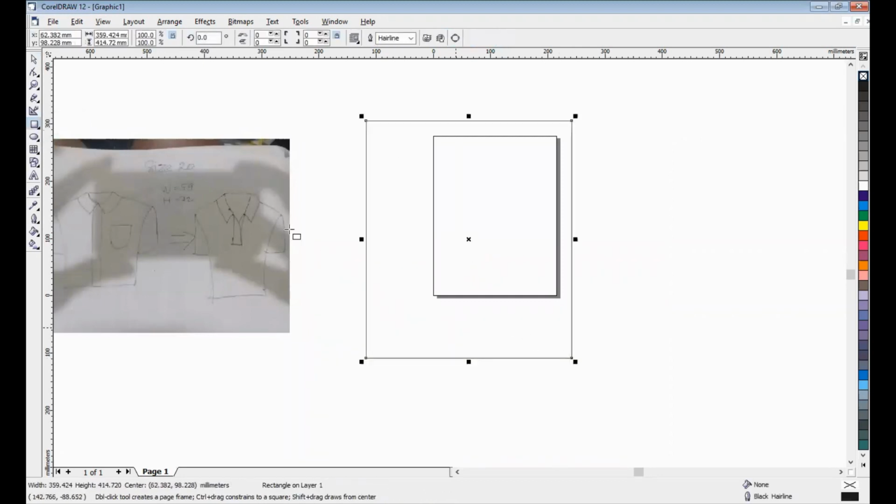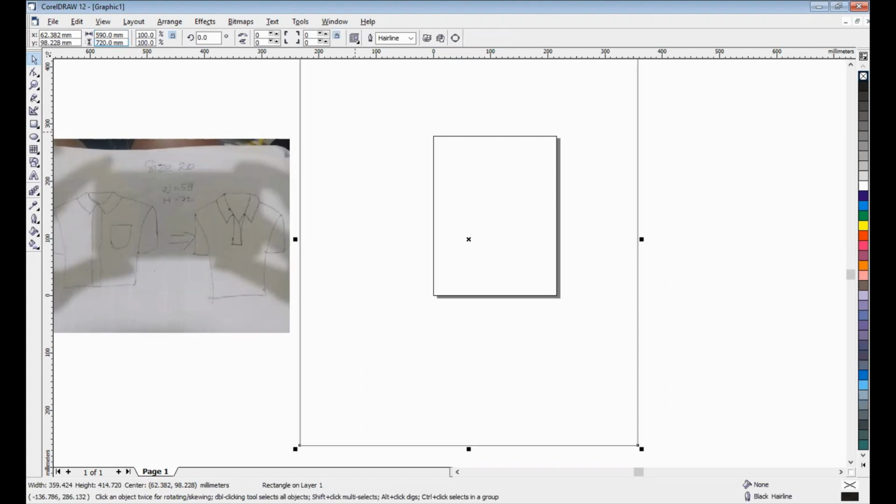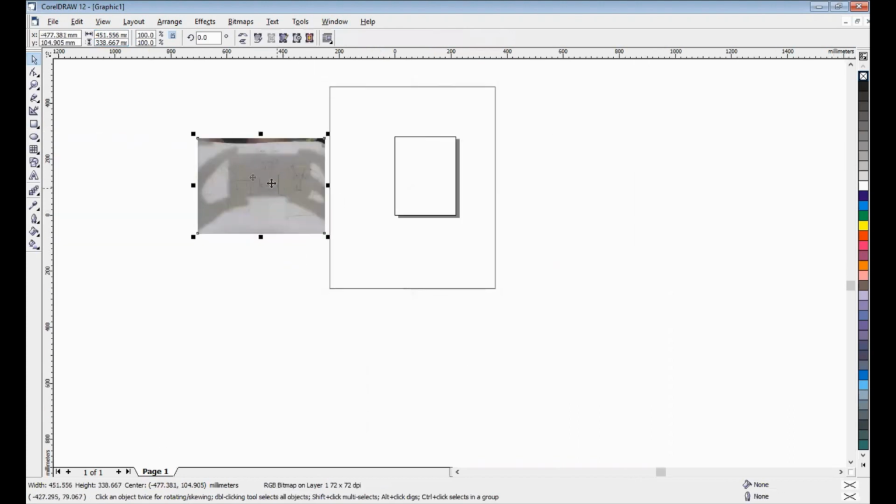The rectangle has a width of 59 centimeters and a height of 72 centimeters. Okay, look at this.